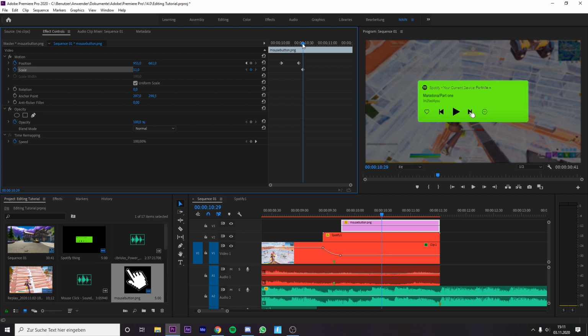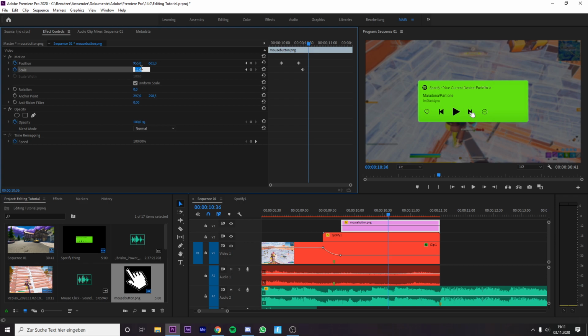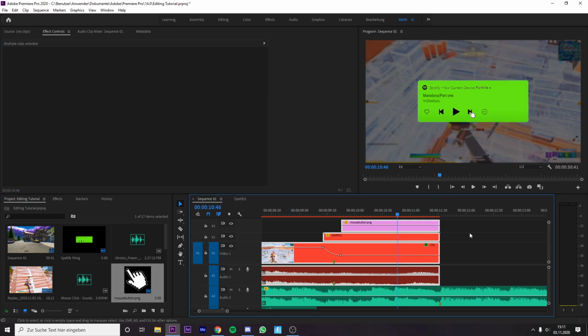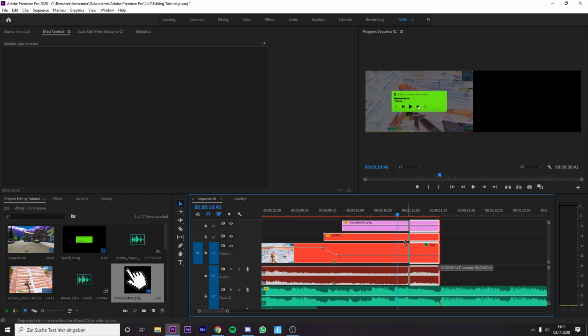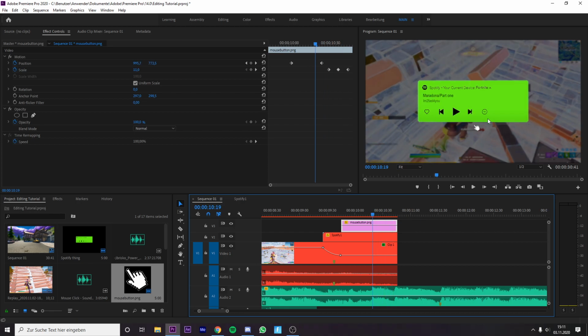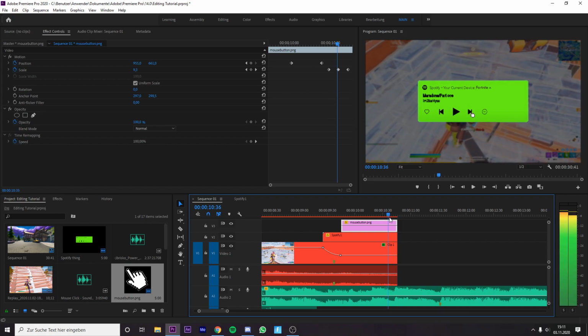Keyframe the scale. Go 7 frames to the right, like this, and put the scale to 10, or maybe to 9, and then go again 7 frames to the right. Right here, and put this back to 11, and then go 1, 2, 3 frames, and select your mouse, your Spotify thing, and your clip, and put this all to the left. Okay, now we have a nice mouse coming in, clicking animation, and we only need to add a nice sound